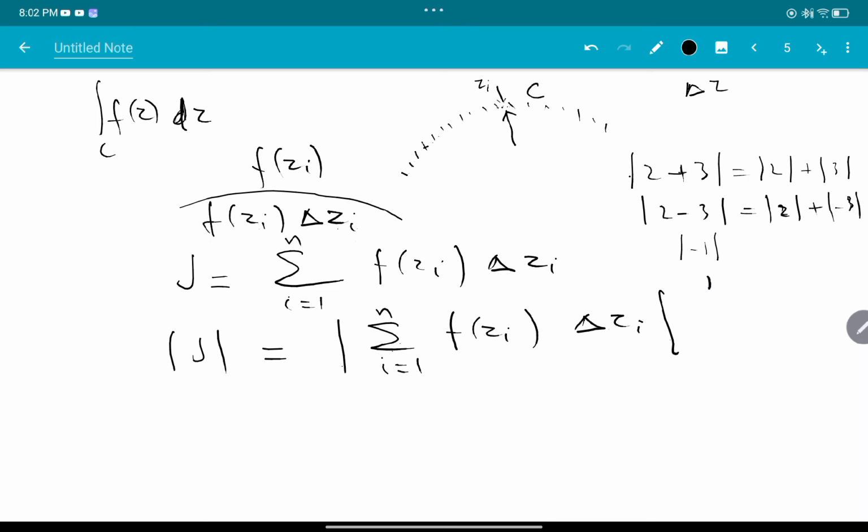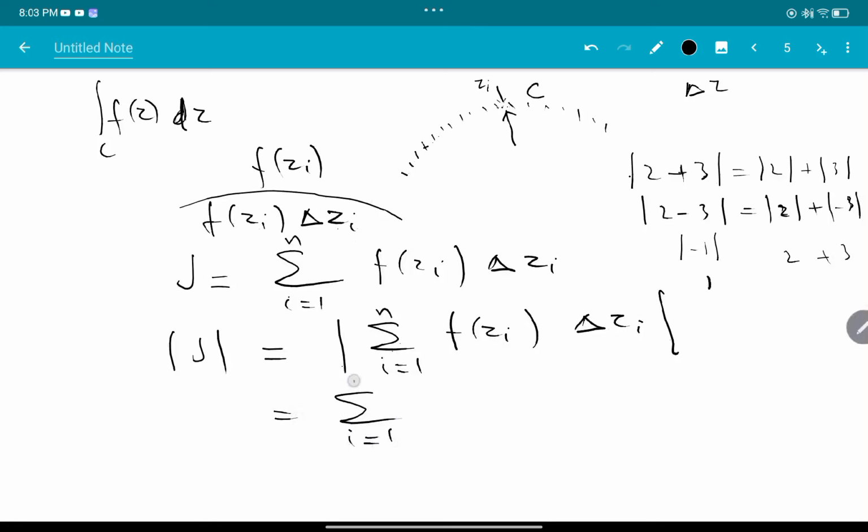On the right hand side, you have 2 plus 3, which is 5. This means that the absolute value of a sum may be equal to the sum of absolute values, or may be less than the sum of absolute values. So we write it like this: